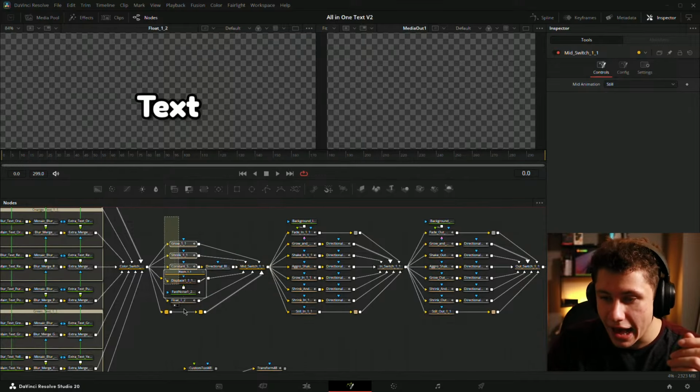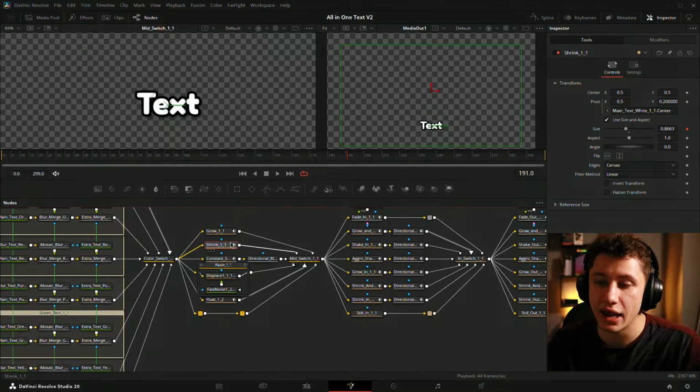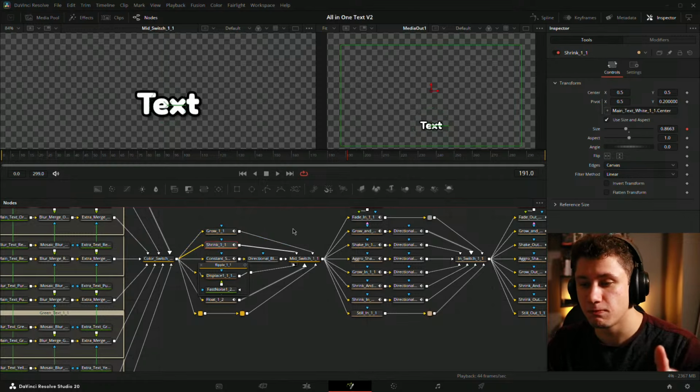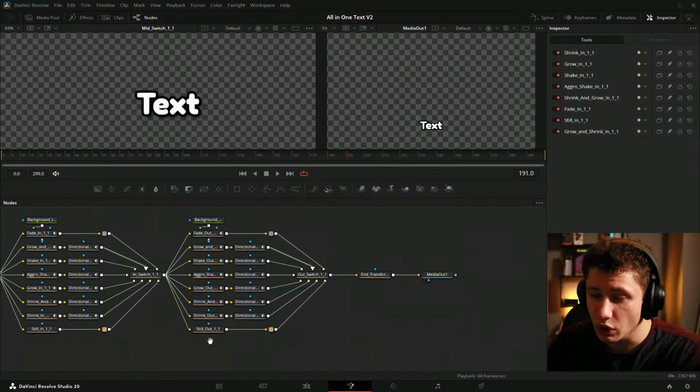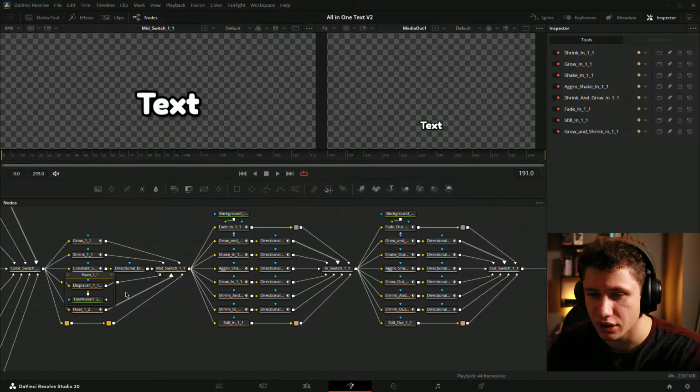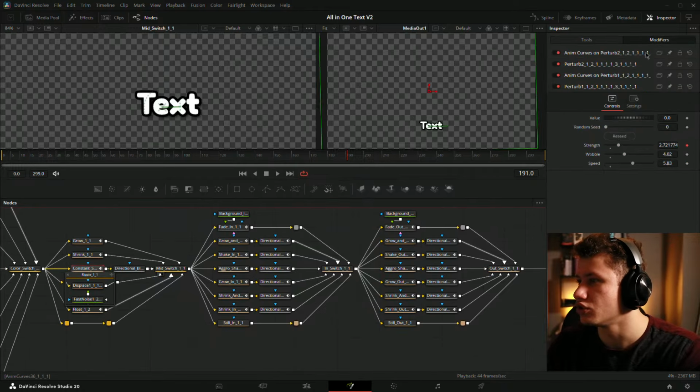I say everything. In theory, we should be able to fit every animation of the same type into a single node. So everything that uses the size control, the grow and the shrink, I should be able to fit into one node. The constant shake uses our center, so that and the float should be able to go into one node. Same with all this other stuff, right? And if I'm just using a perturb modifier, like I think the constant shake, all of those should be very, very easy to set up. But,